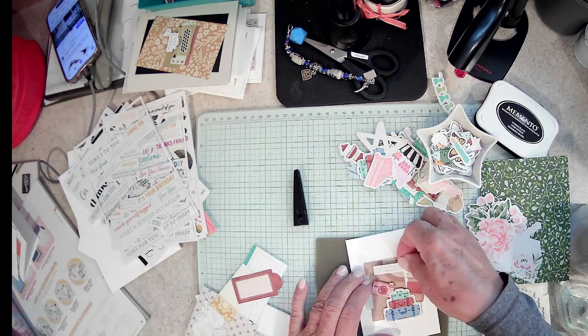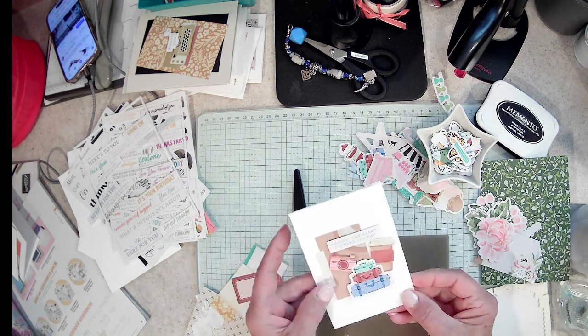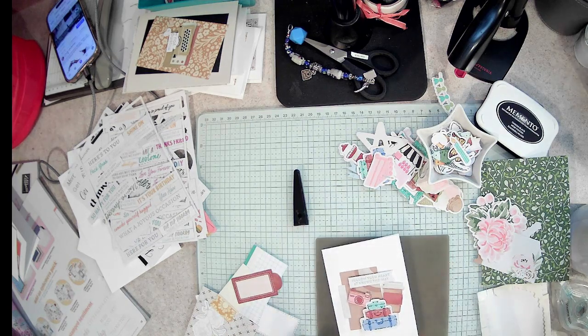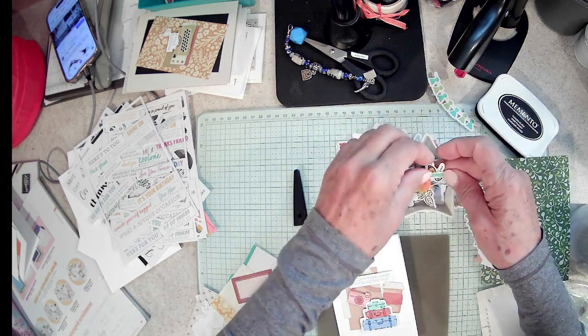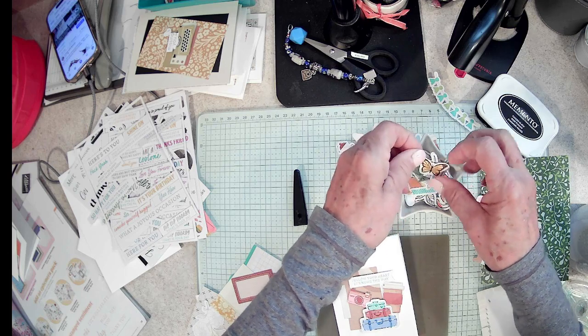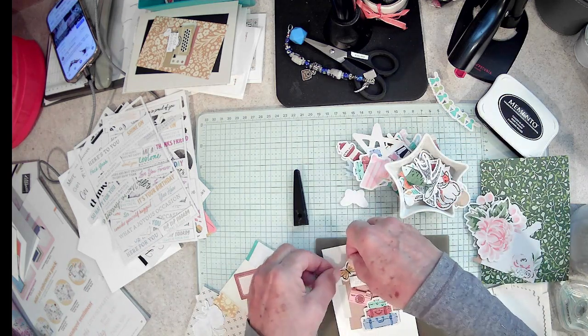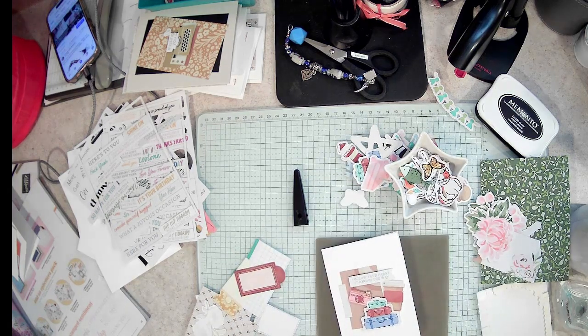So let's put that right in here, like that. And then I think we need a little bit of sparkle, don't you? Or let's see what else we have in here for ephemera. There's a little butterfly. Hmm, that might be too much on there. Let me grab a little bit of sparkles or some sort of